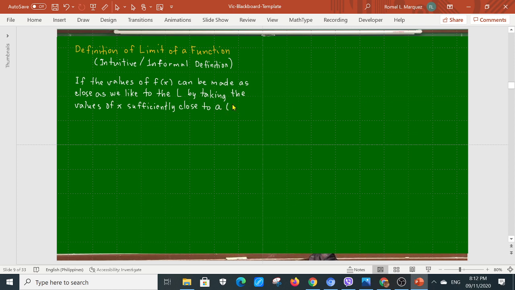Sufficiently close to a, but not necessarily equal to a. What we do not want is for x to actually be equal to a: but not equal to a. We want only to approach the value a. So that's what we want. Then we say that